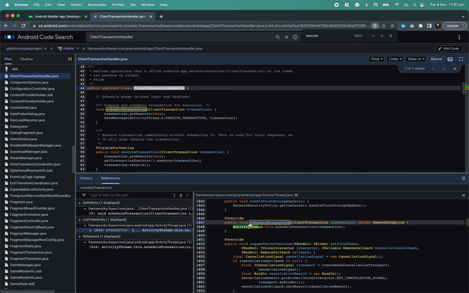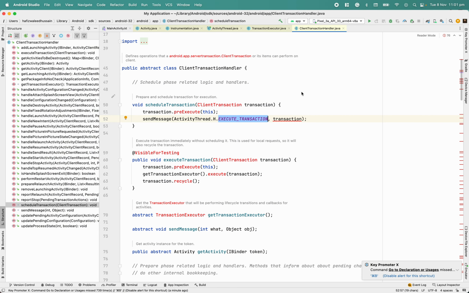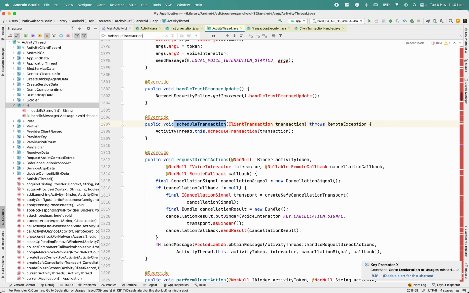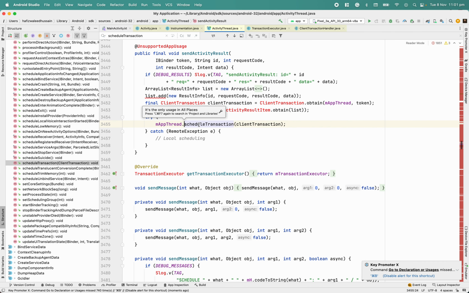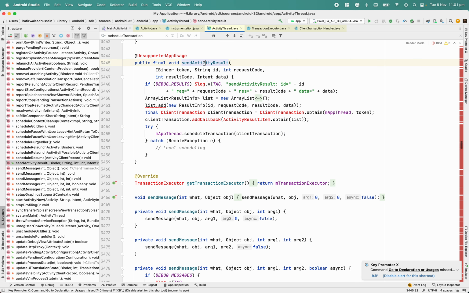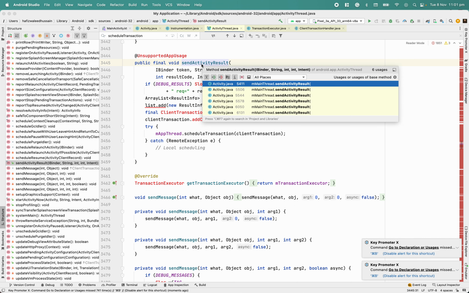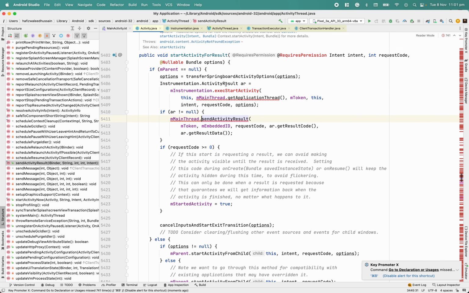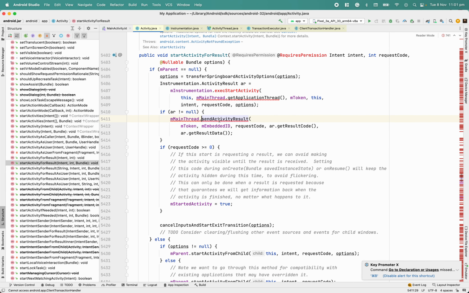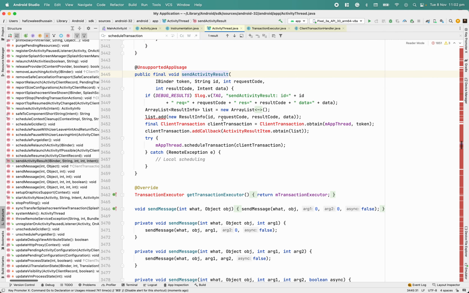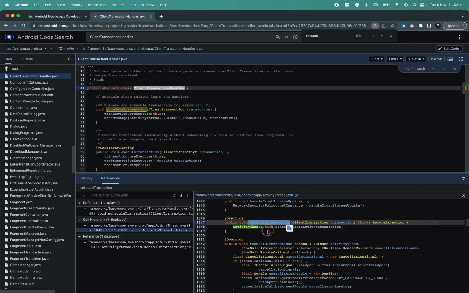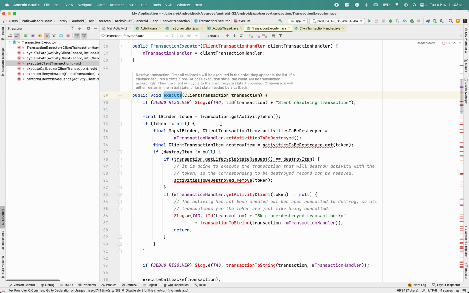And schedule execution. So then we can check in activity thread who is calling this now. From here, app thread send activity result. What is this method? Main thread. But start activity for result, we are not looking for that. So transaction executor, then execute